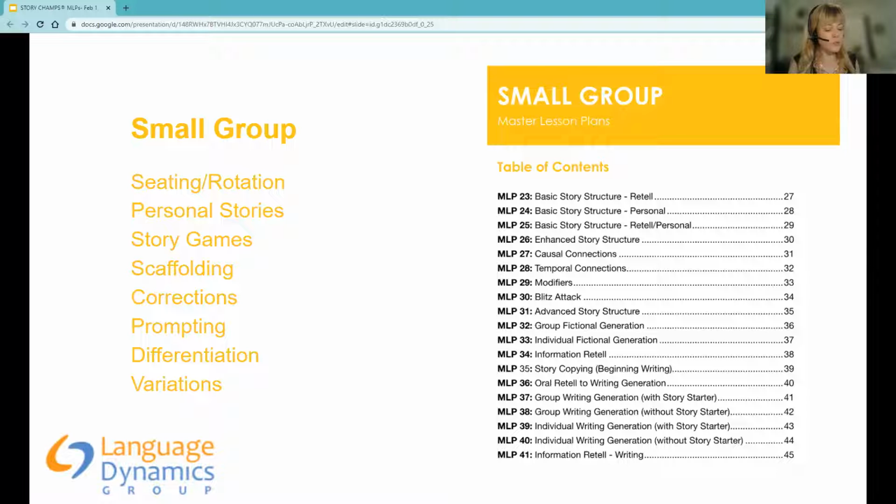Introduce fictional stories once students can produce a complete episode retell and personal story, right? So it's suggesting that we move on to generating fictional stories, right? Personal, but then let's start generating other stories. It suggests that at the bottom, and I'm just going to have to do this, and you're going to